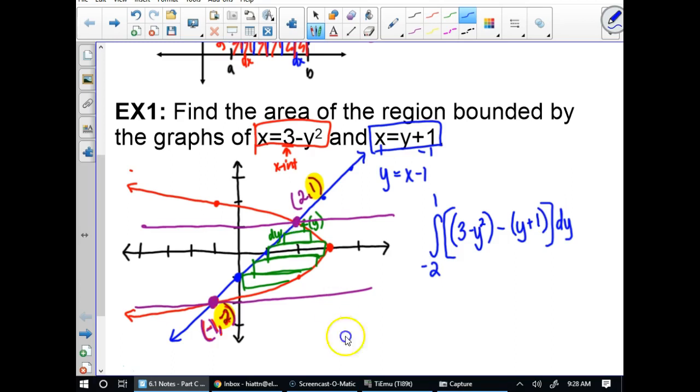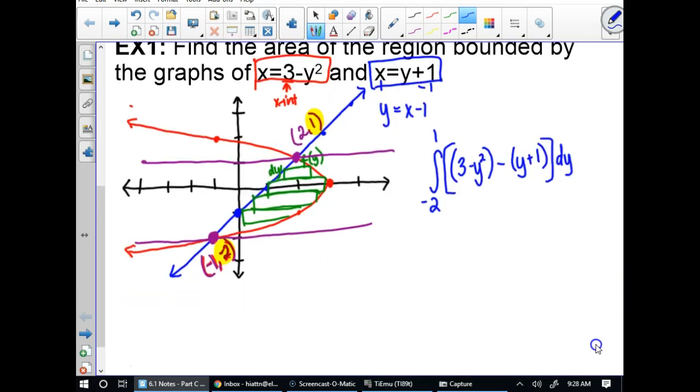As you do more, it'll become easier. But once you get it to this point, integration is the same as it is with an x. As long as your y's and your dy match here, you integrate just like you would. So for solving it out, it's no different at all. So you'll have